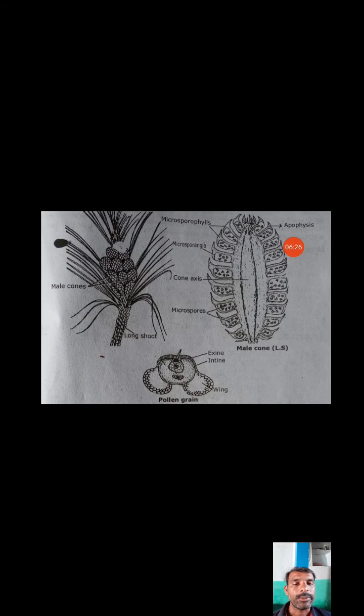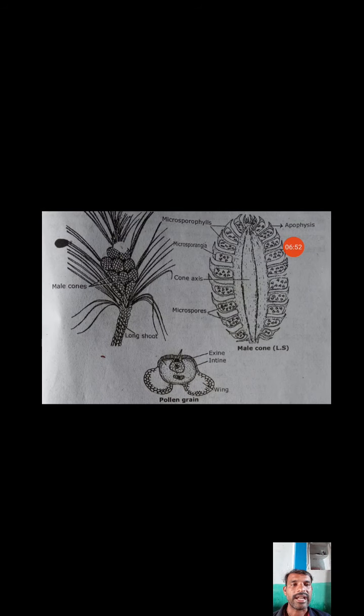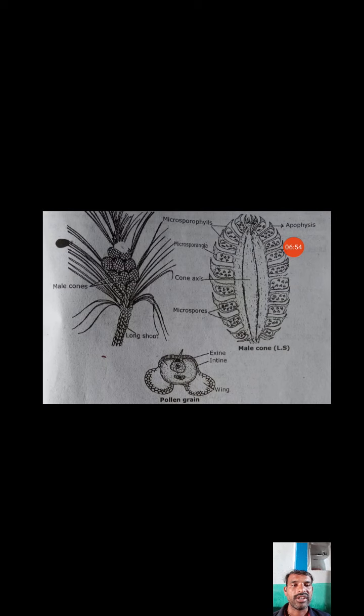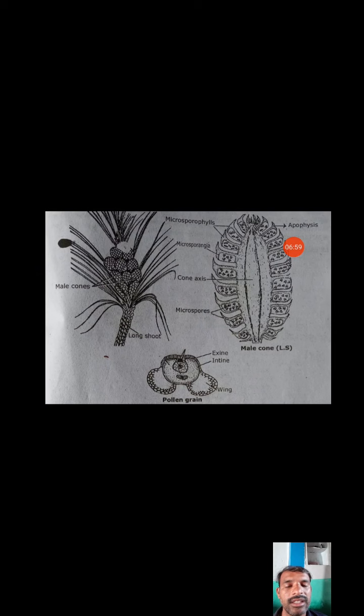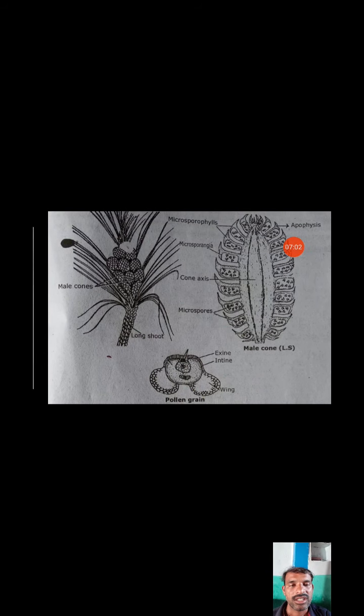See, the outer parietal cells participate in many divisions, producing mainly four outer layers, that is nothing but the epidermis. The epidermis is a single outer layer used for protection of the inner cells, the pollen grains. Then behind the epidermis there is a different type of layer, that is the middle layer. The middle layer has no particular function.